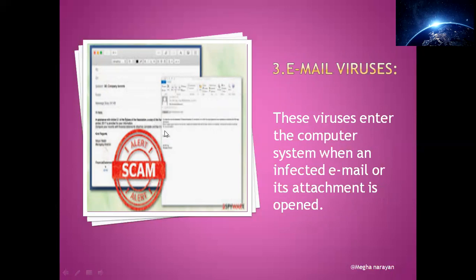In that mail, there is a suspicious file. Once you open that mail or that suspicious file, it can enter your system, and that virus can at the same time delete, corrupt, steal, etc. Harm can be caused to your computer system.